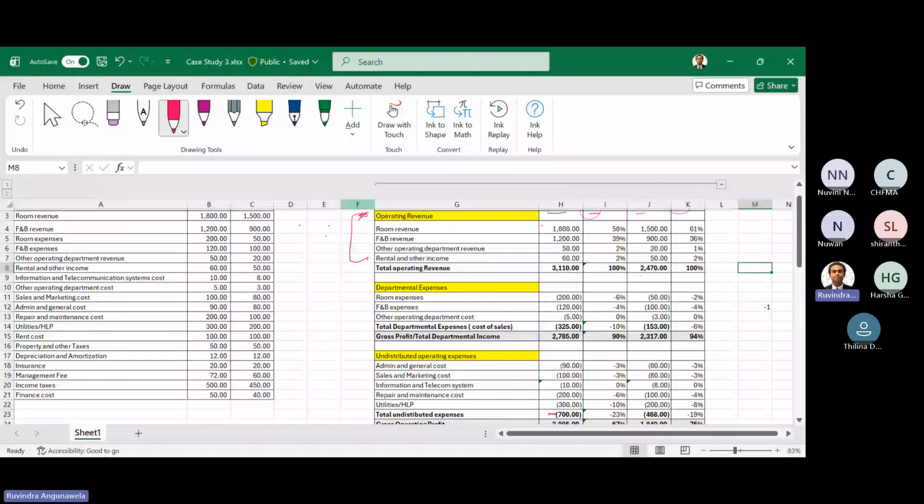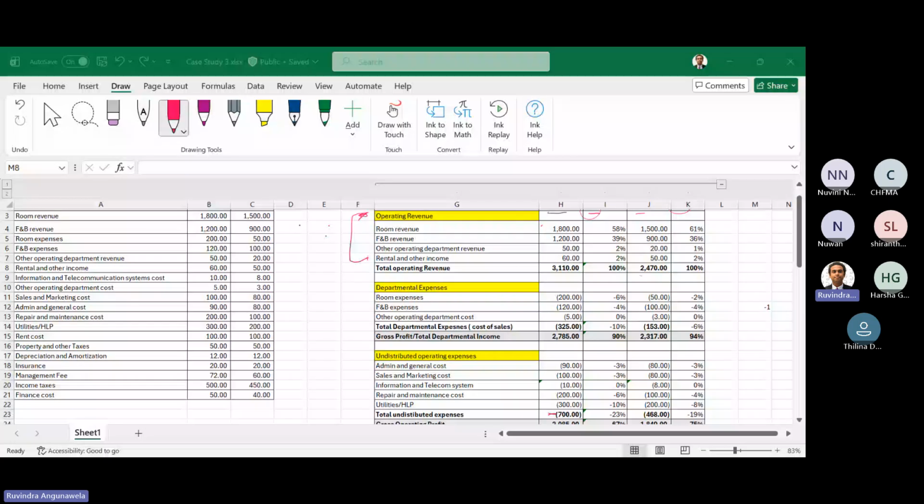Hope that is clear. When we deep dive, we will understand it further. For now, don't think about it too much, but know that it is rental space that the hotel has given, which the hotel has owned. Right, fine. Then we go on to the departmental expenses, which comprise the room expenses, F&B expenses, then